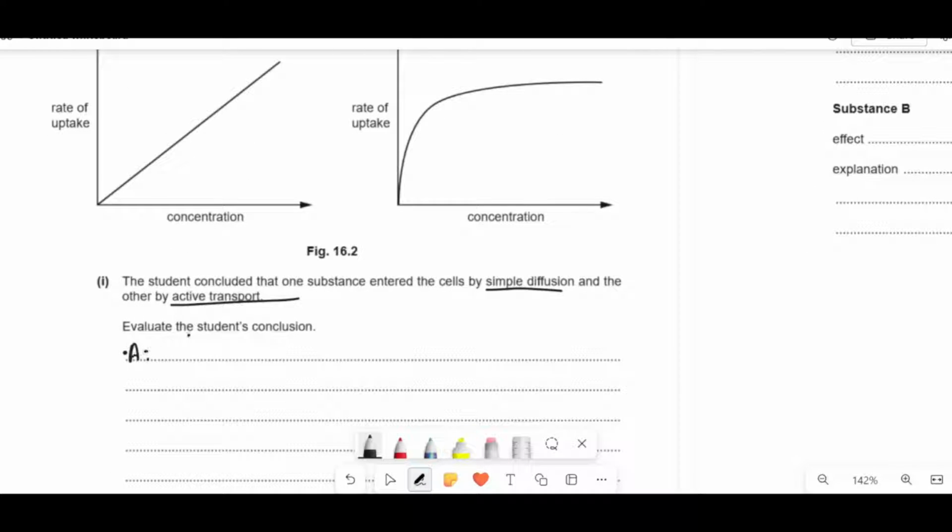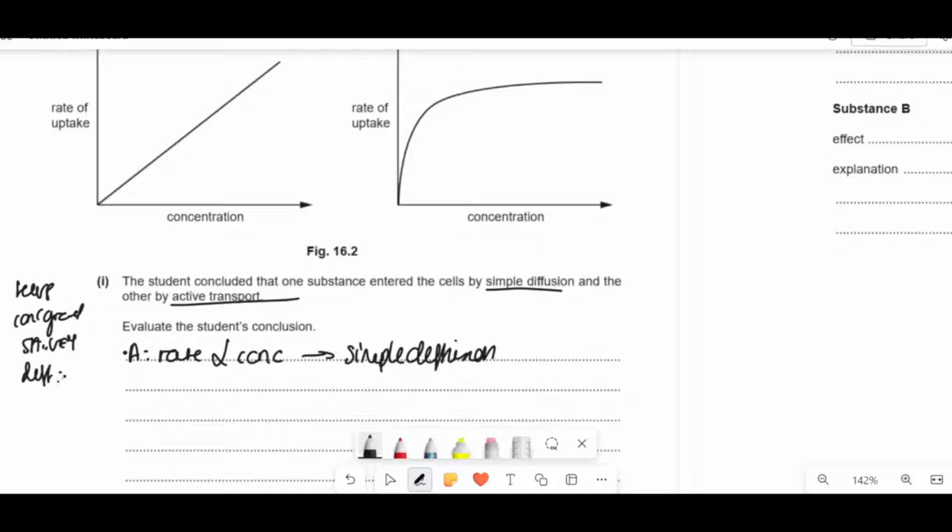So for this A, what we're trying to say is that the rate of uptake is proportional to the concentration. So as one goes up, the other one does. That is clearly got to be simple diffusion. Because simple diffusion depends on temperature, the concentration gradient, surface area to volume ratio, and the diffusion distance. Now here, if you've got a really, really high concentration, the concentration gradient's really, really steep. So therefore, if that's going high and the rate's going higher, it must be that it has to be simple